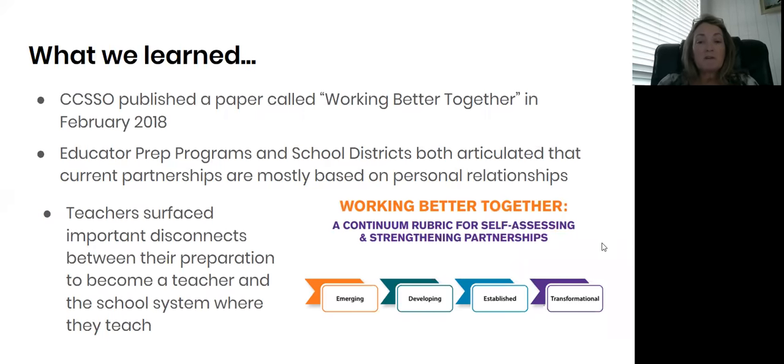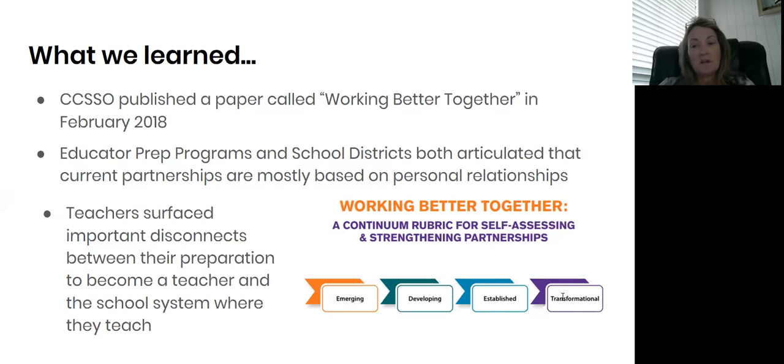In the process, we also interviewed 3 school systems to ask about their partnerships and what made partnerships work well and what could be improved. So the following themes emerged. Number 1, when professors were practitioners and in K-12 schools, the relationship was stronger between the prep program and the district that it served. Number 2, the cycles of teacher preparation and workforce needs are sometimes just out of sync and created huge problems. Number 3, partnering on grant opportunities provided an opportunity to build trust, collaboration, and really align